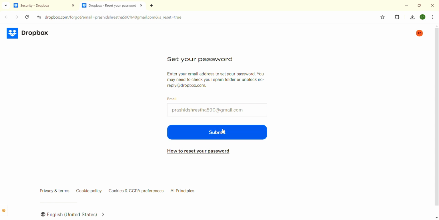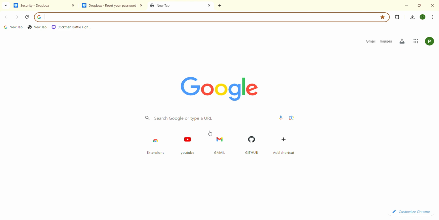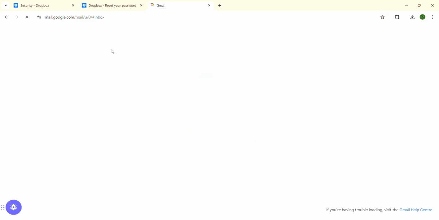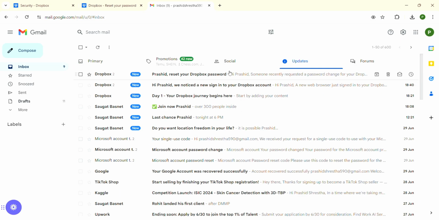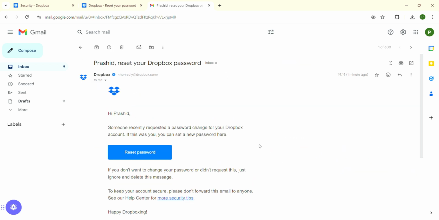Now you just have to click on the submit button and they will send you a mail in your email. So you just have to check your email in order to change the password. I'll just open my mail and check whether or not Dropbox has sent me that mail. As you can see, Dropbox has already sent me that mail, so I'll just click on reset password and